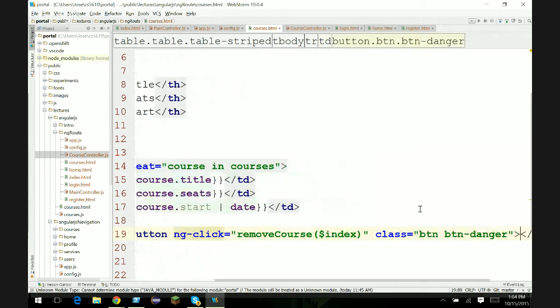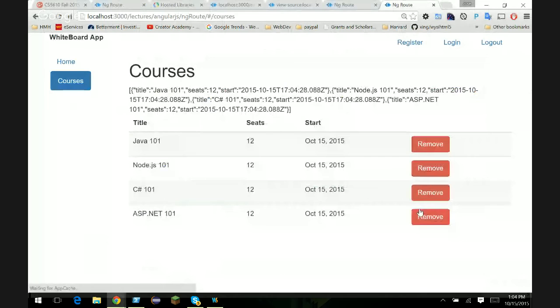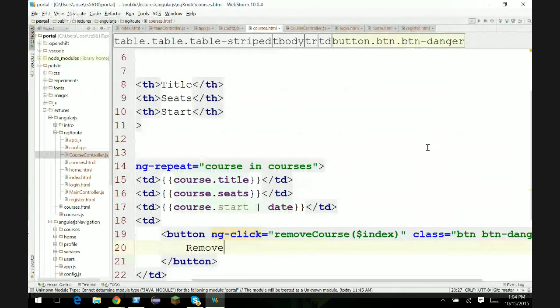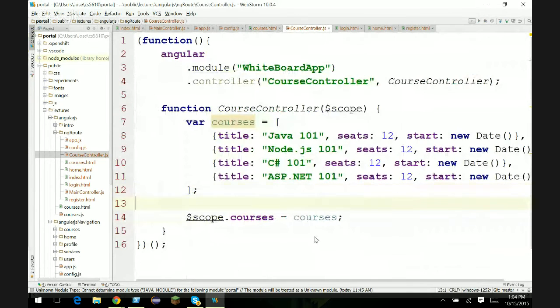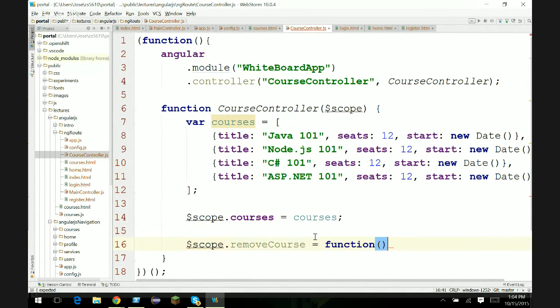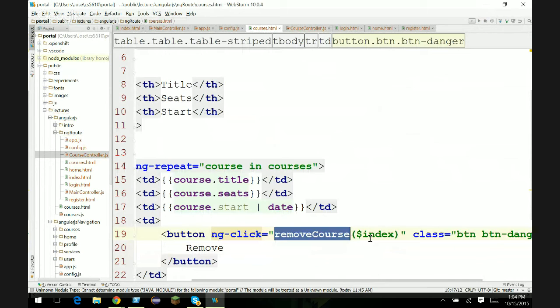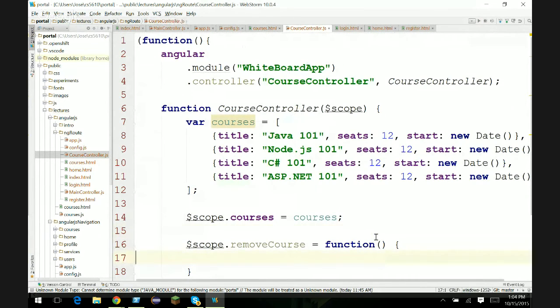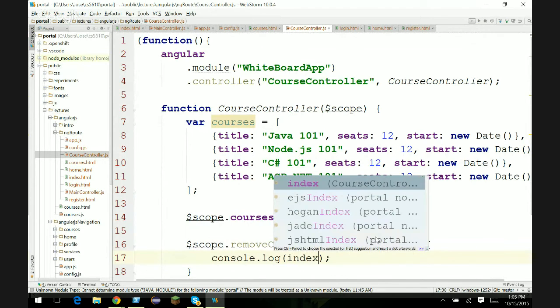danger, and say remove. If I click on remove, the controller will be invoked with that function. This function needs to live in that controller, which it doesn't quite yet. So let's go back to the controller and create that event handler. We can say $scope.removeCourse is a function that is going to be invoked, and we're going to take as argument an index. So let's say index,